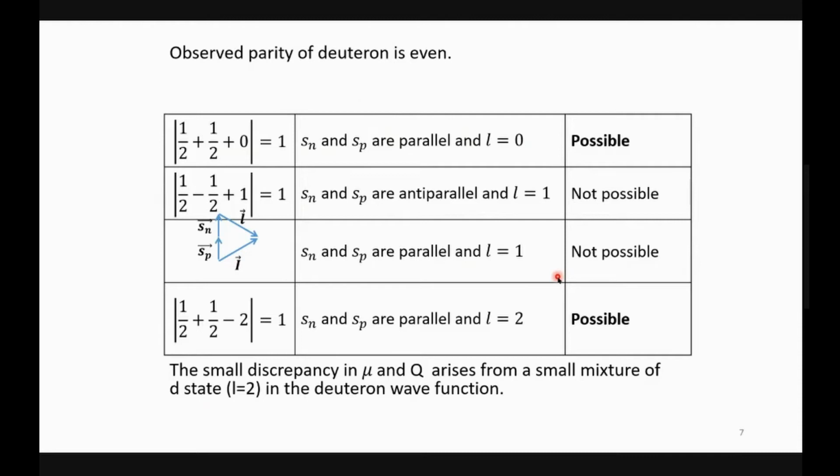So let us see how the nucleons are occupied in both these states, L is equal to 0 and L is equal to 2. So far we have discussed some of the measured properties. As I have stated, the diatron possesses a magnetic moment and an electric quadrupole moment. This magnetic moment and quadrupole moment arise from a small admixture of the d state with the L is equal to 0 state in the diatron wave function that we will discuss a little later.